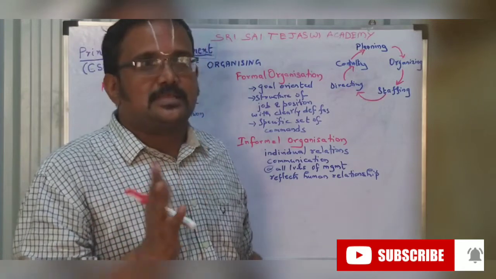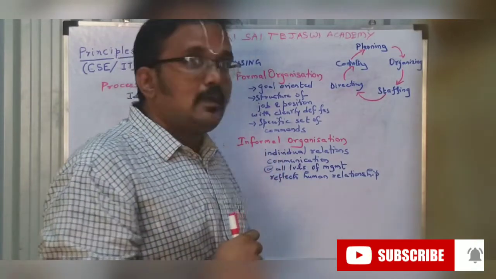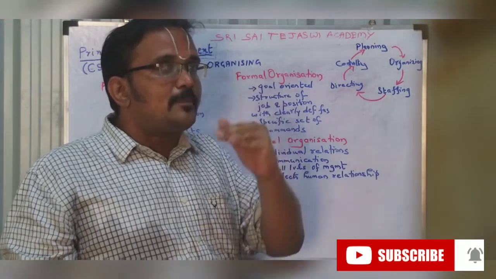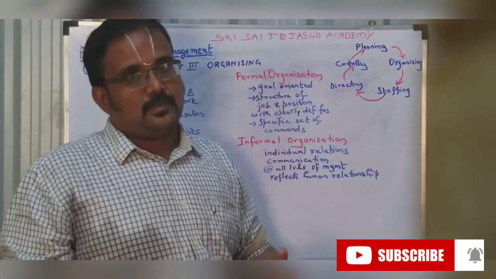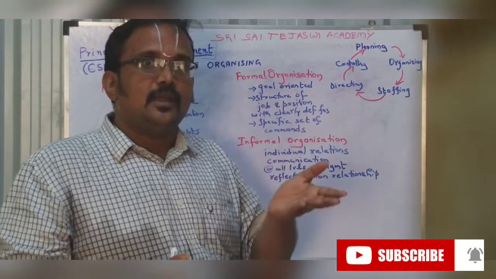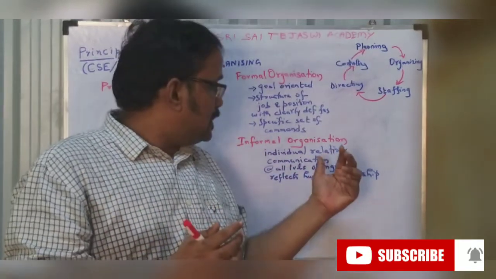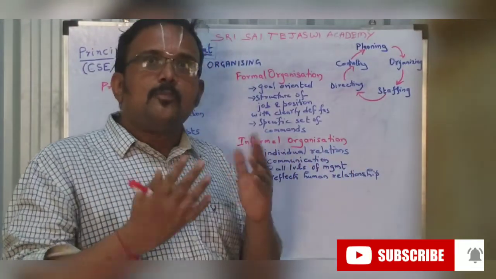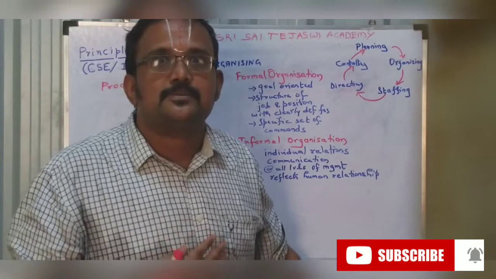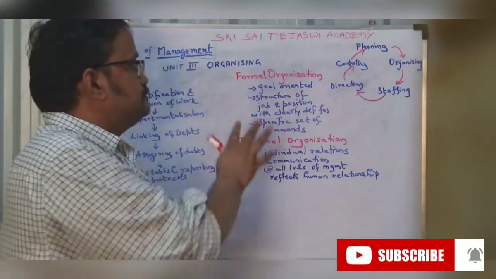See, now there is no binding between us. I need not report to him, he need not report to me. But we have good communication. And if this informal organization is there, then information will be spread out to all the levels. I can be friends in the bus with the HOD. I can travel with the head of department of another department, and I can learn from him. So there is no level difference in this. So at all levels of management there will be communication. Human relationship. I have left the college so many years ago, but still we are friends. Human relationship is important. So that is informal organization.